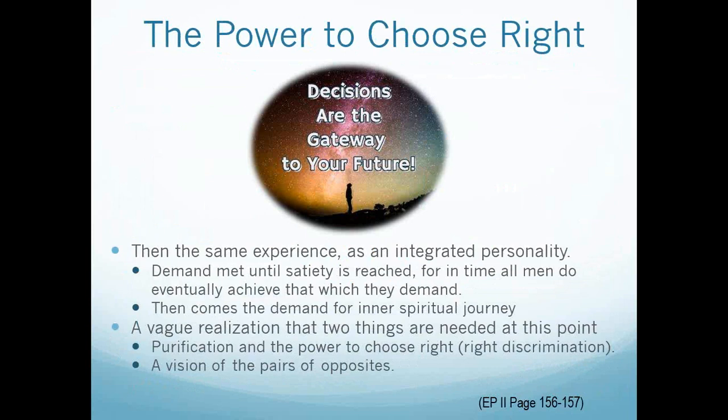Sooner or later, we coordinate the three lower vehicles, as Eva told us, and that integrated personality then emerges. The cycle renews yet again on this slightly higher spiral as new demands crop up and are met, and then